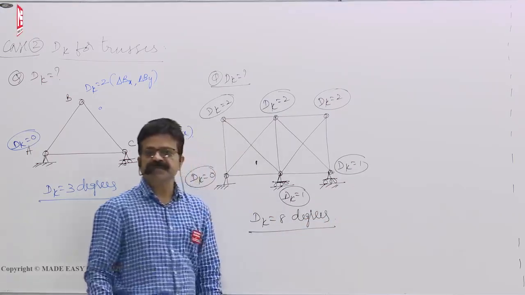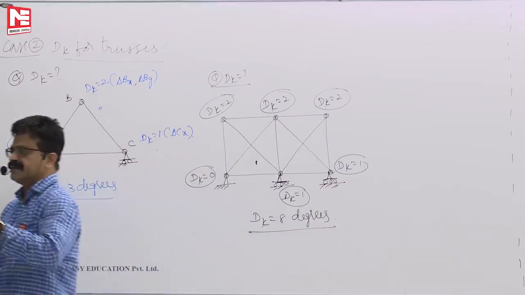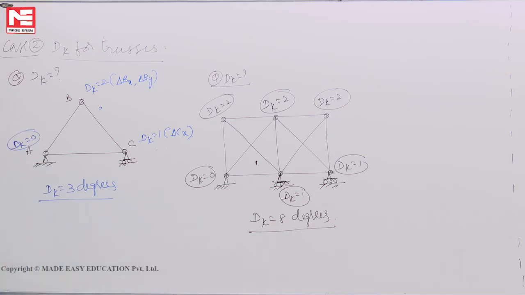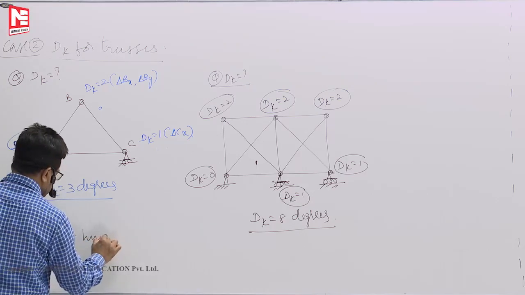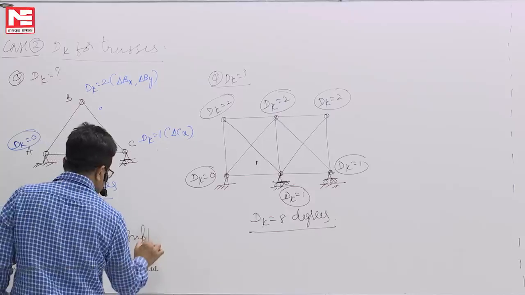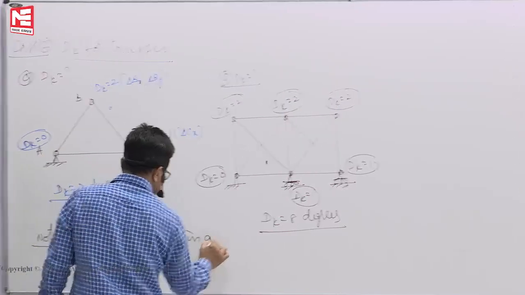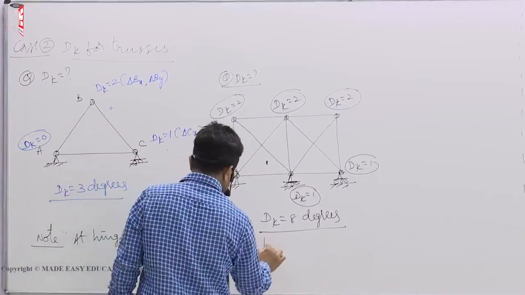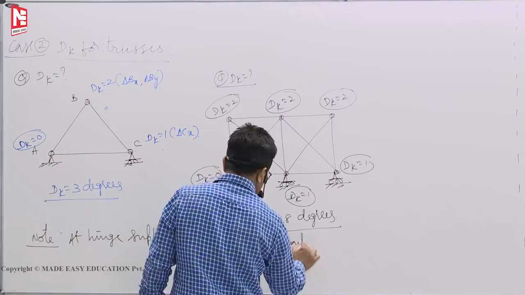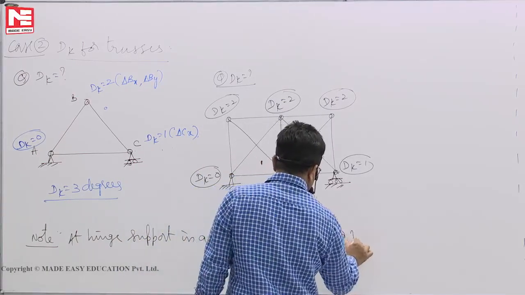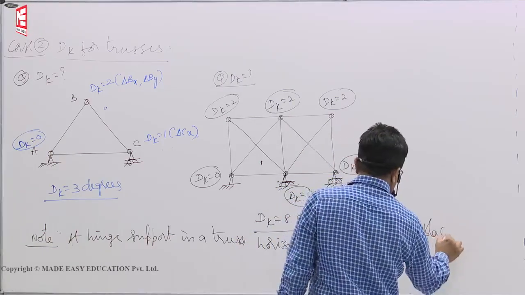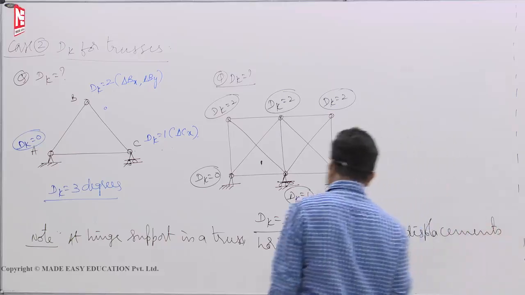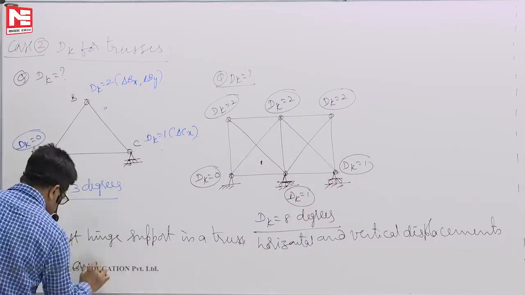So kinematic indeterminacy is 8 degrees, like that. Okay. So this is the point. At a hinge support in a truss, horizontal and vertical displacements are also not possible